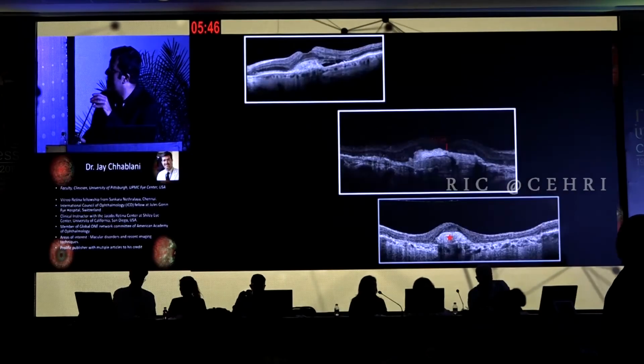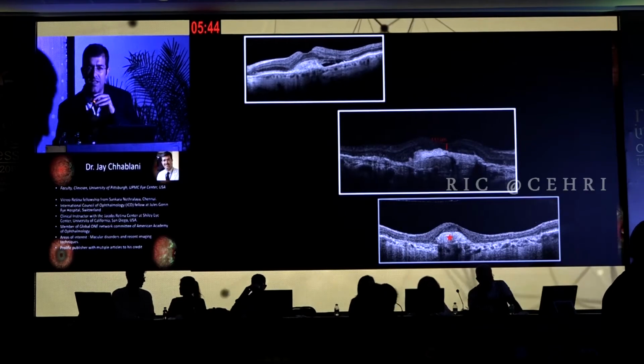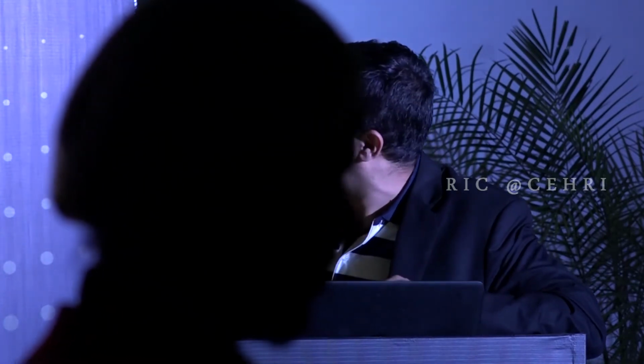Okay. So we all have been treating wet AMD and we all have been talking about the fluid, but the result like this always frustrates us. When we achieve a good anatomical response, however, we end up seeing this thick scar at the subfoveal area. Though the patient is doing well, we are not going to treat them, but the vision is very poor.